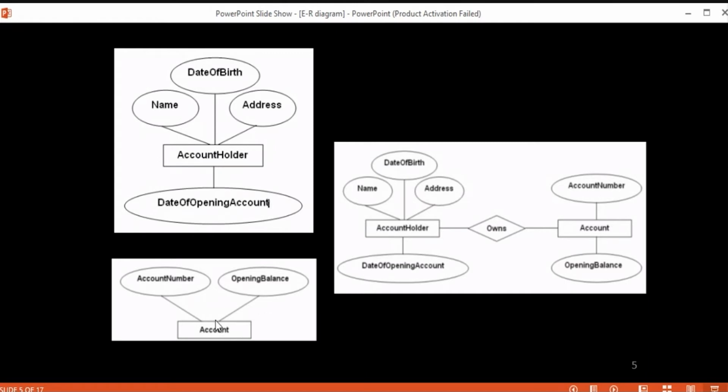For account, we have two attributes: account number and opening balance. If we want to represent these basic entities using relationships, we can represent it this way, by having the relationship owns: the account holder owns an account. These are the attributes we have shown here, the basic representation of entity and relationship.